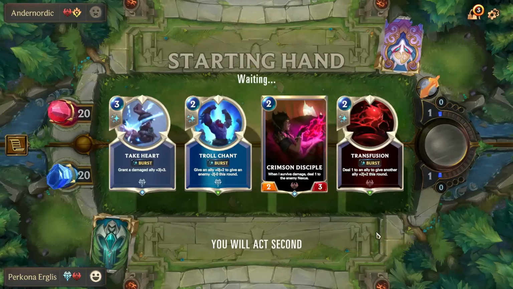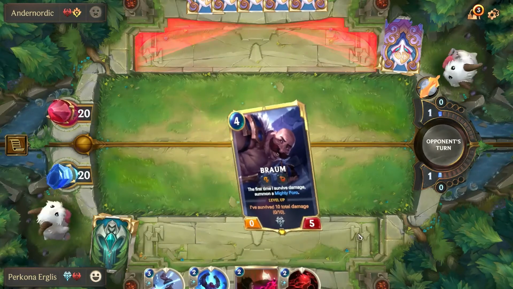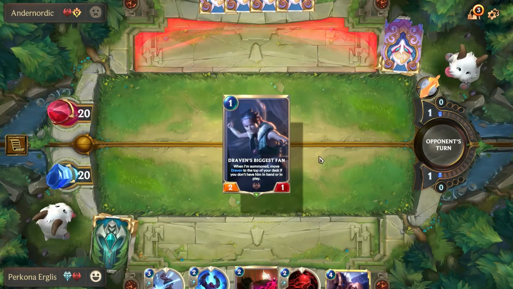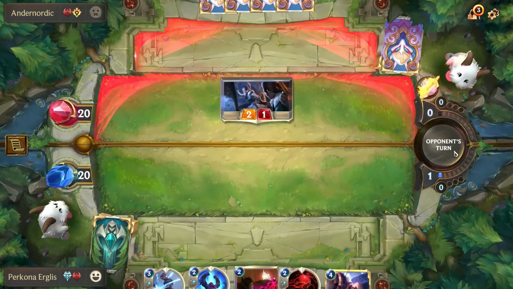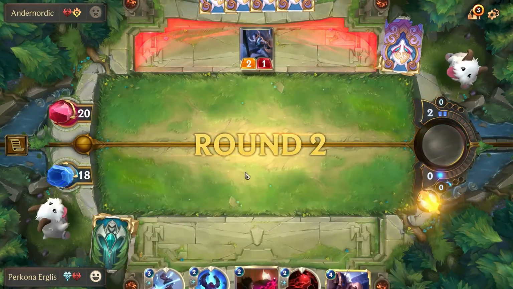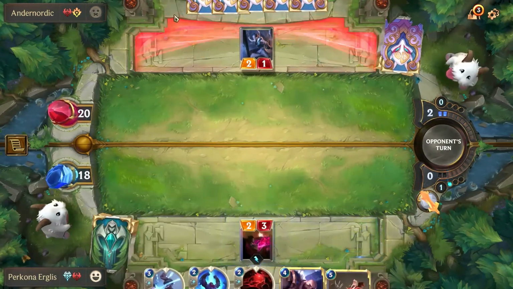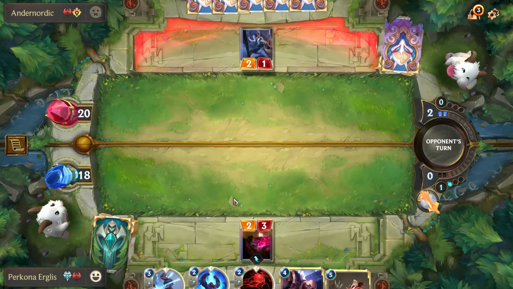We can play the Crimson Disciple turn 2, Braum turn 4, so let's see if he's got a turn 1 play. He does. Okay, it's fine. Not much we can do there. We can play our Crimson Disciple this round. He has a Draven in hand, so